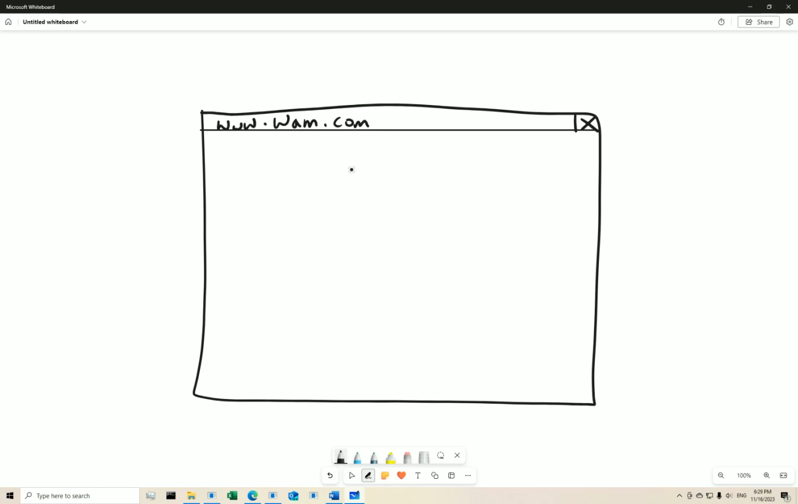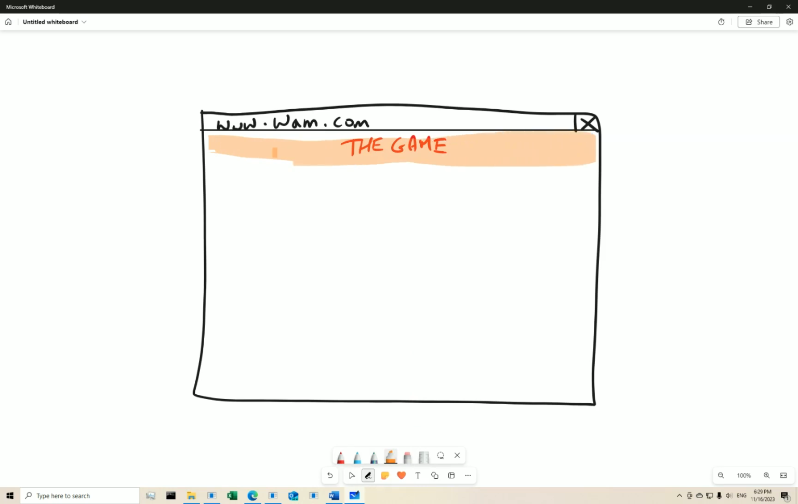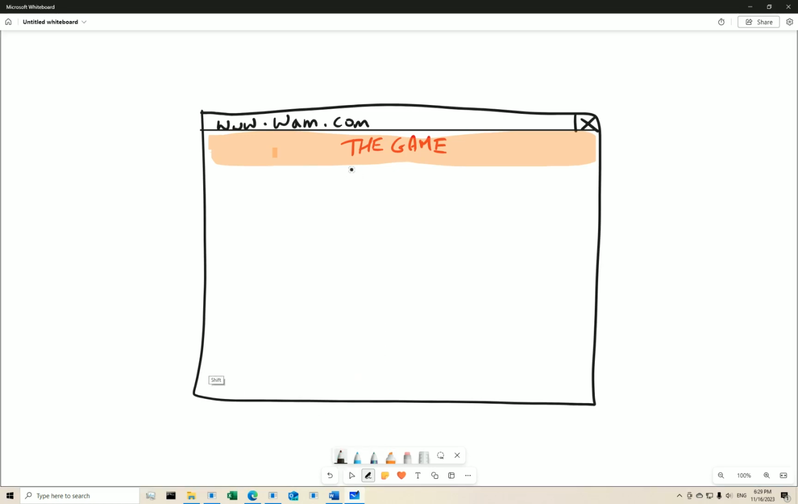First of all, we might want some kind of a message here that says something like the game, or whack-a-mole, or something like that. Maybe we want it highlighted nicely. Maybe it's a header, so it's going to be a nice looking header. Maybe we want a footer, which is going to give us credits. So we can go something like,